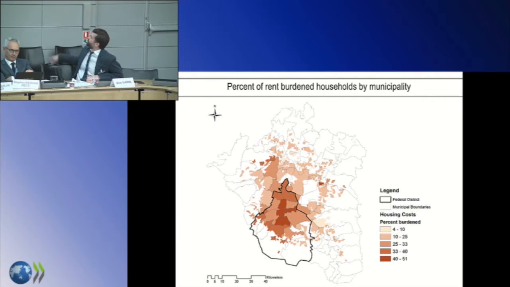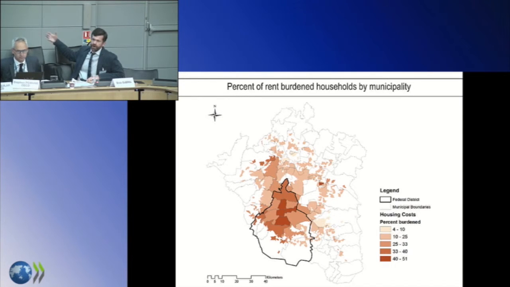So this is the proportion of rent-burdened households by municipality. This is a way to look at individual and aggregate affordability at the same time. So you'll see in the center, we have a lot of households that are rent-burdened. This is where the housing is most expensive. We got 40 to 50% in the most central areas of the city. And then as you get out into the periphery, fewer and fewer households as a percentage of the total number